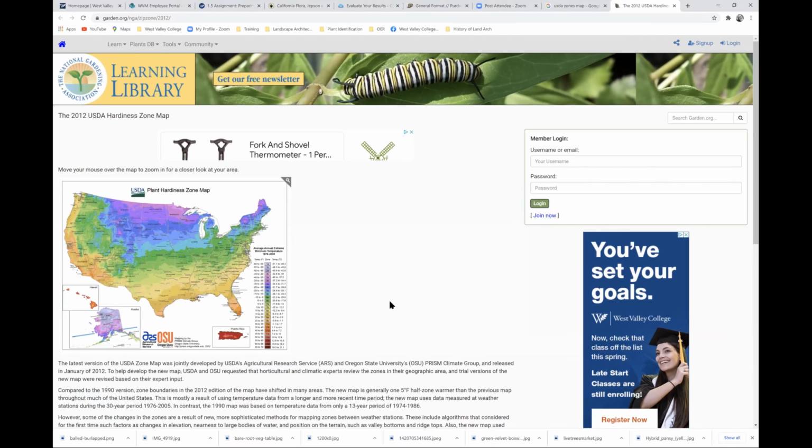And so what you are going to be looking for, similarly to what I've asked you to look for with the Sunset zone, is to make sure that it's in your zone at least, right? So if you are researching a plant and you see that it's dialed into a 9B hardiness zone, then chances are better that you can use it in your field guide.